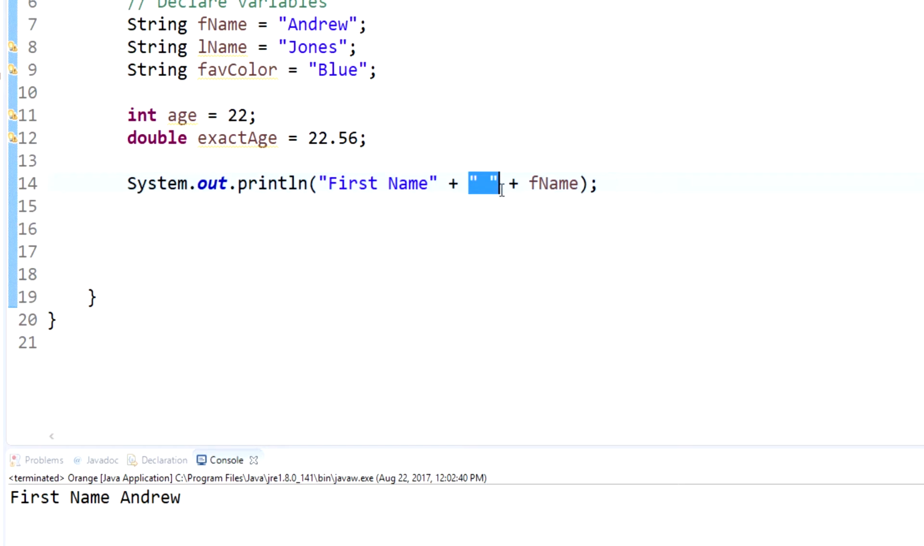We're using this as a space. That's this space right here, and then plus again, which is concatenate, and then our first name. Now, just so you know, System.out.println prints to the screen, and when it has the ln at the end of println, it automatically goes down a line after that. So if we were to